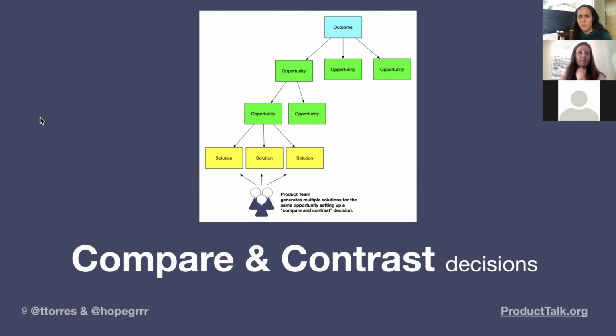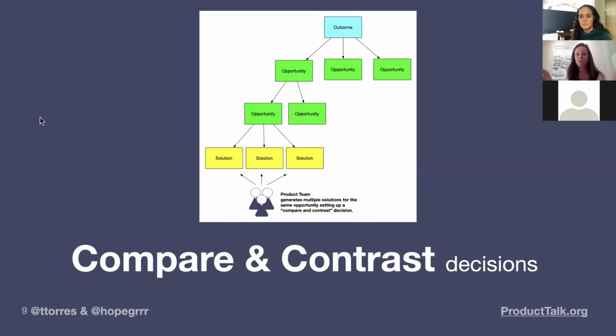Hope, do you have examples? Yeah, I'll give a couple of examples. So these are when you're at the solution level. Let's say a lot of people work in some sort of transactional, let's say e-commerce website, right? You might be looking for ways that you can drive more e-commerce revenue, changing the purchase path, changing your product mix. There might be many paths that you're considering, many opportunities to increase revenue from your customers.